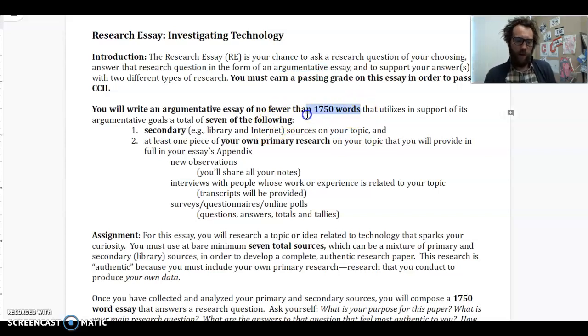Well, first of all, you have to provide an essay that is at least 1,750 words. Okay, that does not count your title page. That doesn't count, if you have an abstract, or your references page. It's 1,750 words of text in your essay. Just to be clear, if you had me last semester, you know that, but not all of you had me last semester.